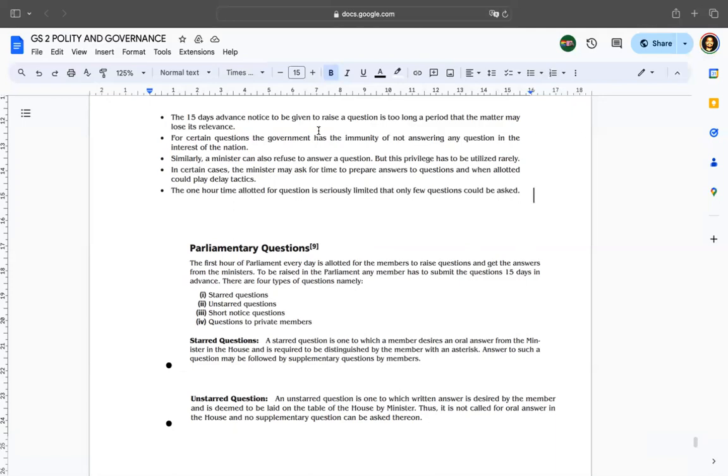So why did India create this 0 hour? If we were asking all these same questions in the question hour, why was this need felt for the creation of 0 hour? Okay, the need was that in the question hour, the parliamentarians thought that 1 hour is not enough for us to discuss. We require 1 more hour. So rather than extend the question hour, they innovated 1 more hour, that is 0 hour. That is the simple logic behind it.